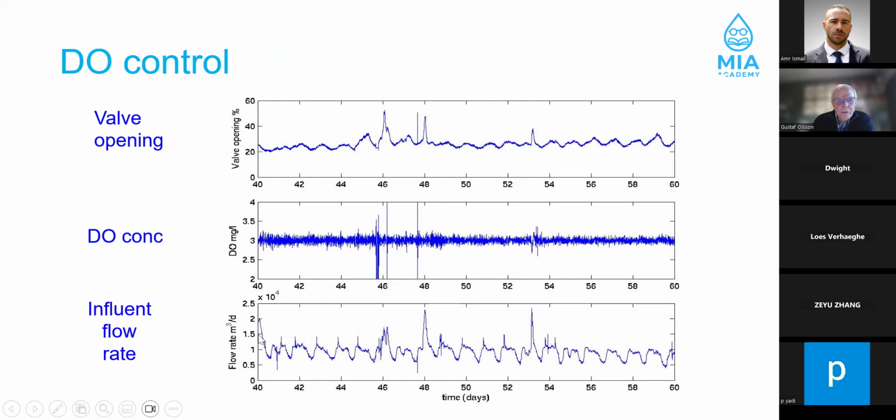And the influent flow rate is going up on a daily basis, like this. Well, what you see at the upper curve is the valve opening, the valve for the airflow. And you can see how this varies during the day and from day to day. And actually, the valve opening is one very simple indicator of the load, the biologically degradable load to the activated